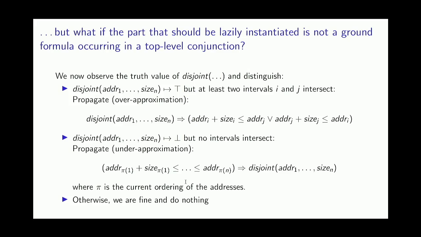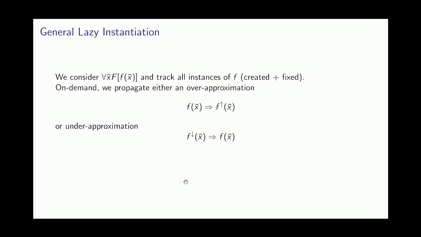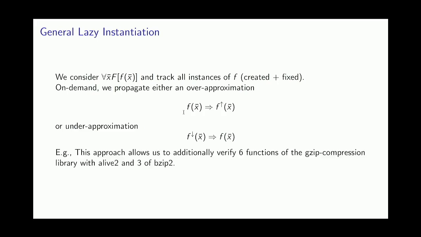And in the third case, the solver says either they are disjoint, and they are indeed disjoint, or they are not disjoint, and they are indeed not disjoint. In this case, we are fine. We don't have to do anything. So more generally, we can always apply this approach. I've now written it down more abstractly by F. So we both need an over-approximation and an under-approximation. If we have both, and they are both kind of succinct, then we can apply this trick to lazily instantiate the axioms. In the Alive2 case,